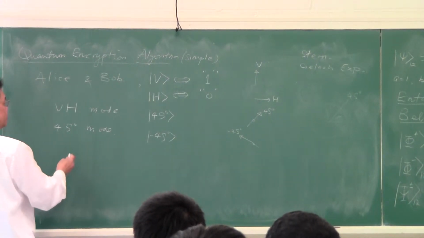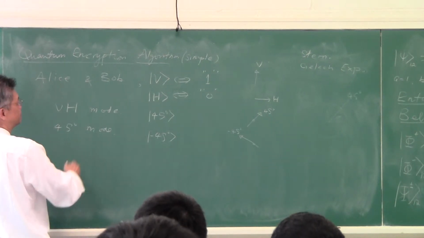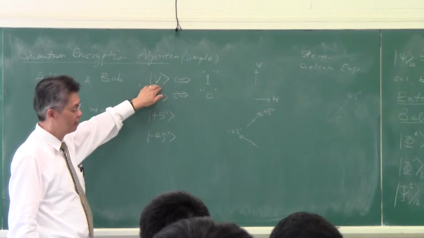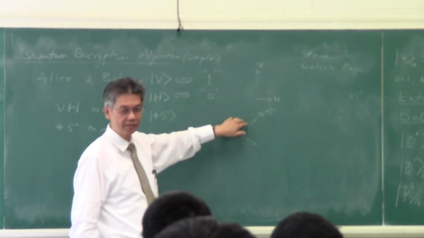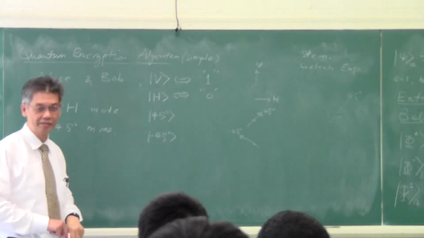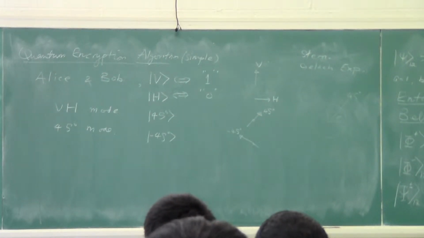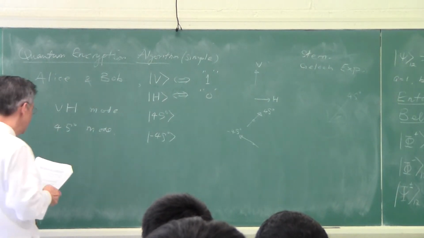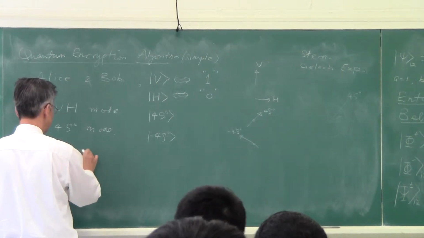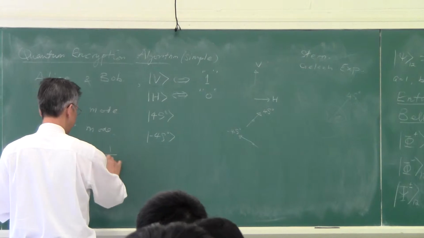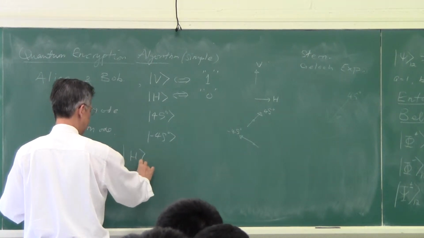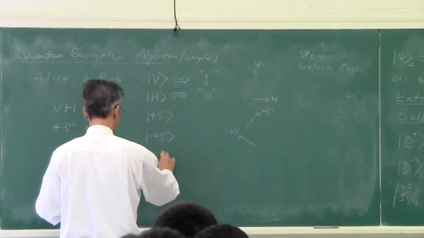So if you have a transmitter that is transmitting a vertical polarization, and Bob receives it with a 45 degrees polarizer, he will only see a photon going through his polarizer 50% of the time, because of this principle that the 45 degree state is a linear superposition of the horizontal state plus the